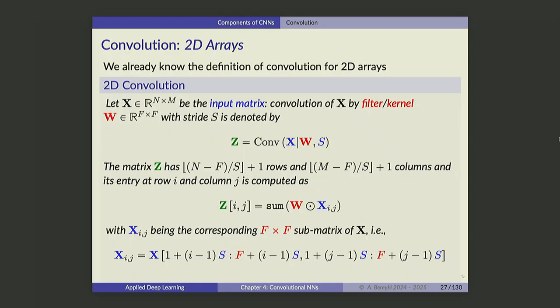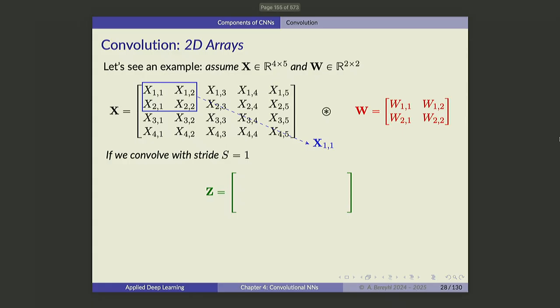Questions? OK, so now let's just think about this case. So here I have 4 rows, 5 columns, right? So this is my data. And then my filter is 2 by 2. What I'm going to do is put this 2 by 2 filter here, right? So I look first on a subpart of the input, which is the first 2 by 2